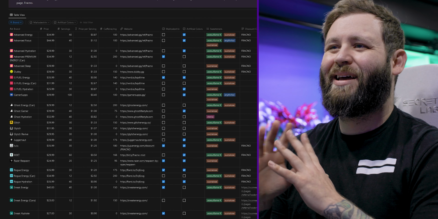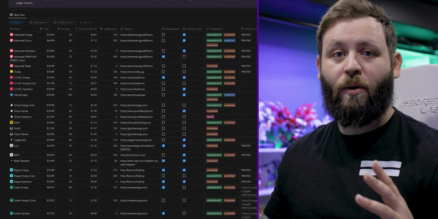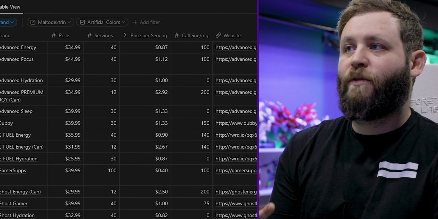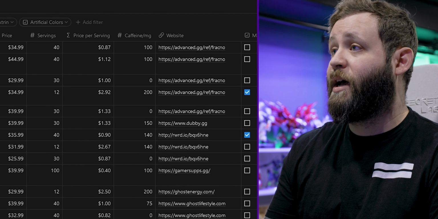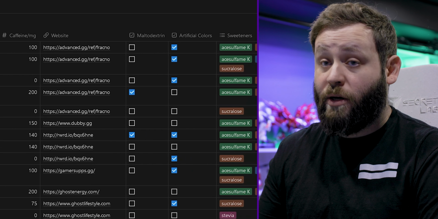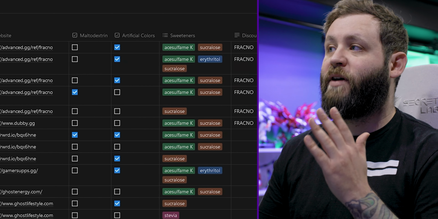Now, this is going to be a kind of snapshot view of what I felt like were the most important things about the brand. So the price, how many servings, how much caffeine, the website, whether or not it has maltodextrin or artificial colors, what kind of sweetener it uses,